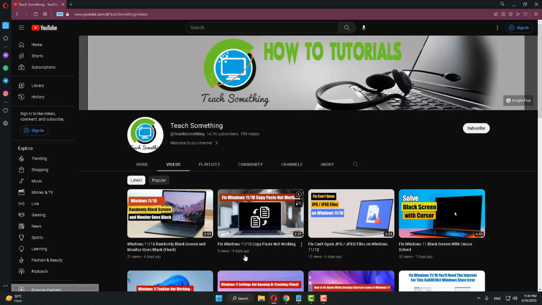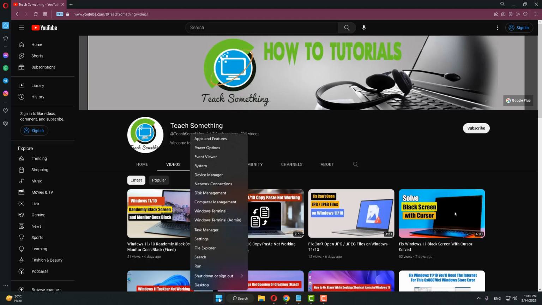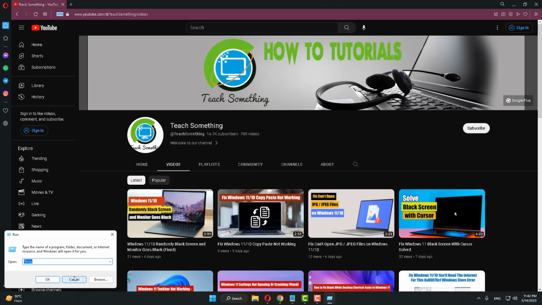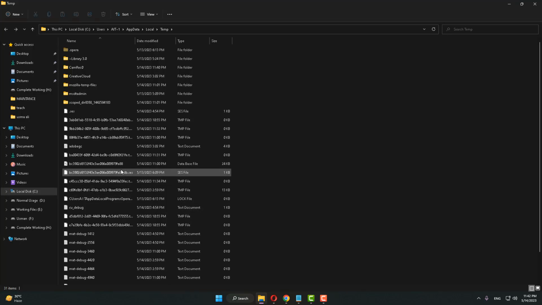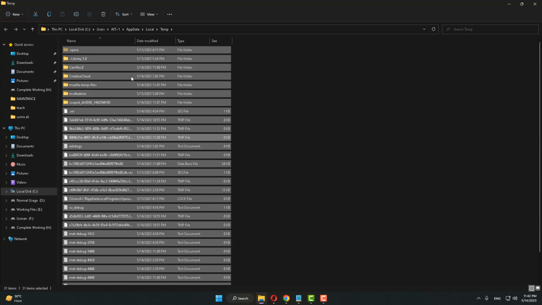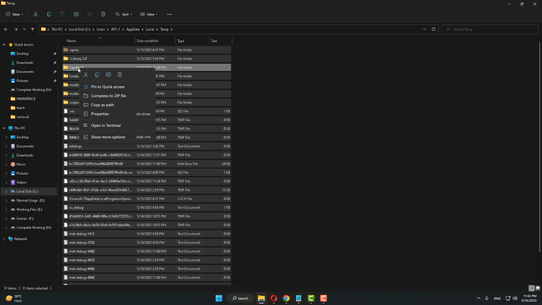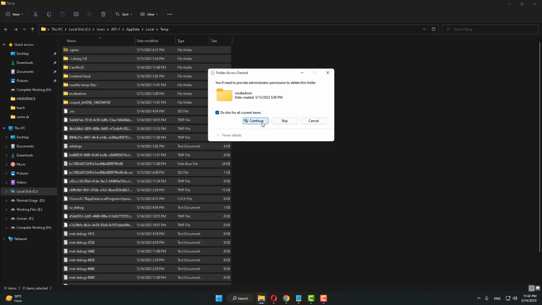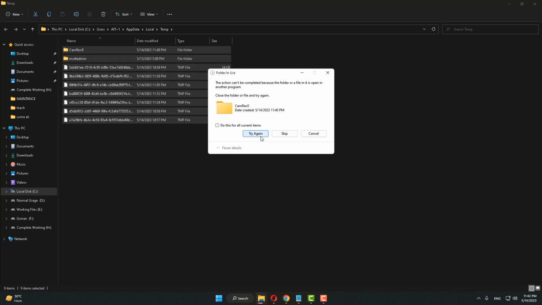Close it. Once again, right click the start menu, click on Run, and after that type percentage temp percentage. After that, press OK. Select one, press Ctrl A and select all these files. Right click, click on delete. So delete all these junk files